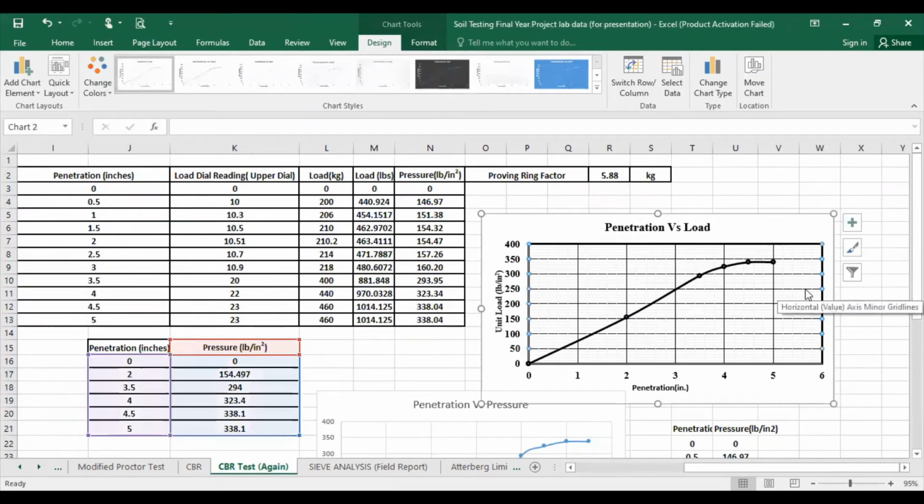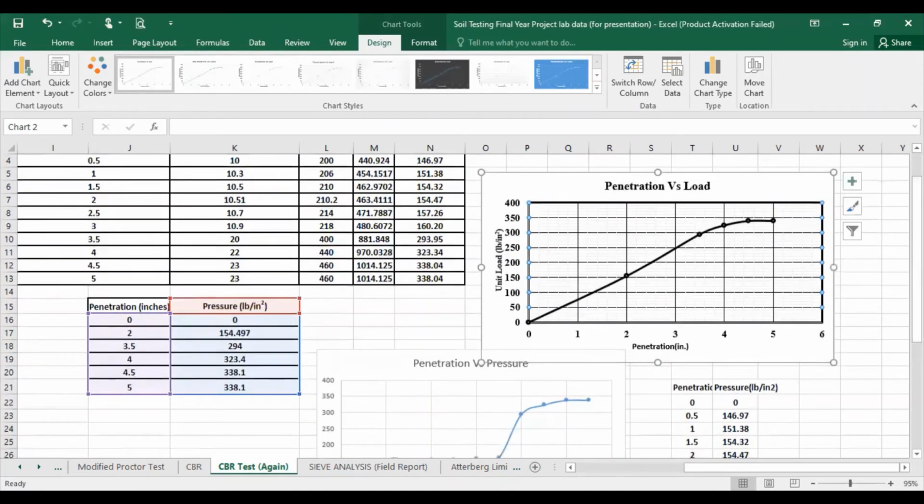So how can you make your graph attractive? I have made different videos on that as well. How can you make your graph attractive? You can learn from there. I will attach those videos. I will show those videos in the end screen of this video. So hopefully you will get it, how can you do that?